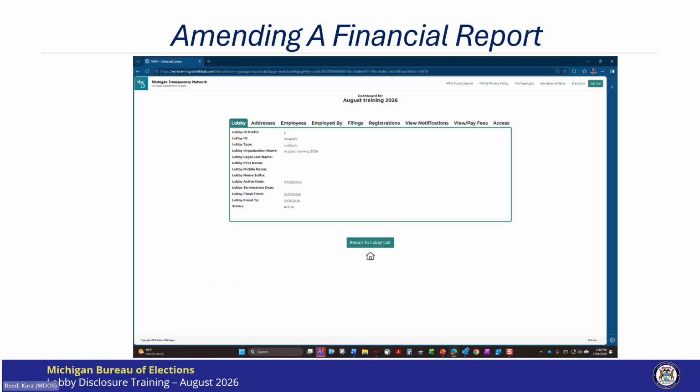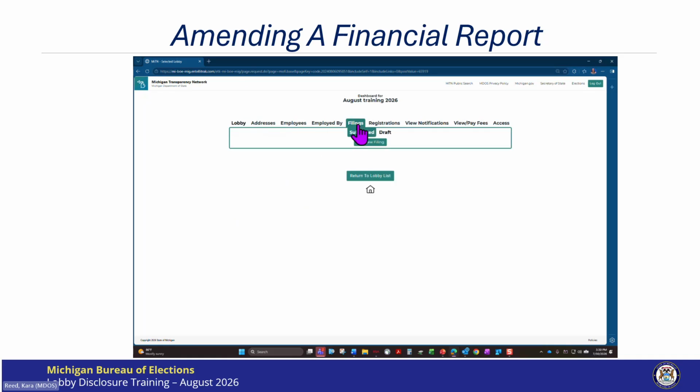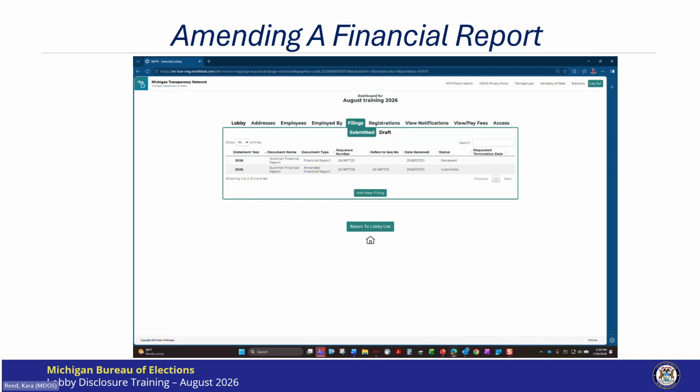Now, as you can see, I'm brought back to the dashboard. If I click the Filings tab, we now see the original and the amended filing. The records can be selected to view the summary of the filing and generate a PDF at any time.